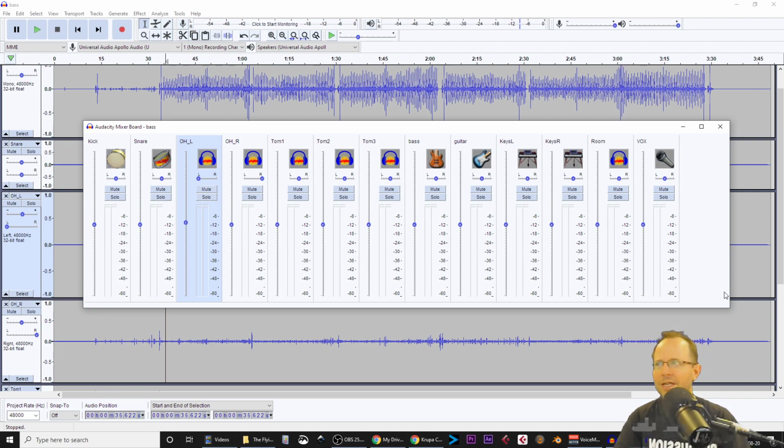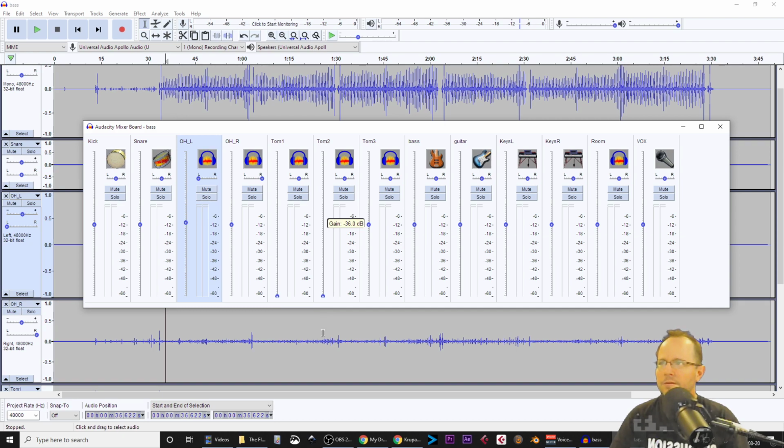I like that. You can change it. I never do. I forget how you change it, honestly, but it's pretty handy to be able to just look up and go, oh, bass, there's guitar, there's keys. So I'm going to go to my overhead left and right, which don't get a special icon because it doesn't know what OH is. I've got them panned left and right. I'm going to just go through real quickly and